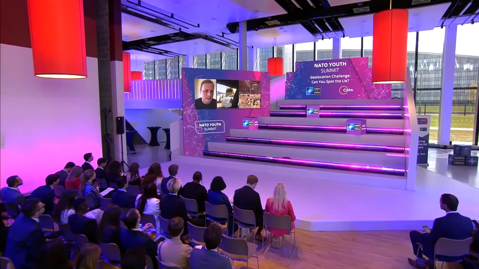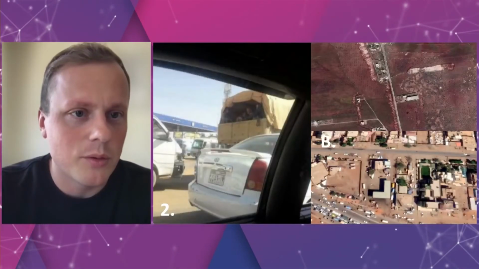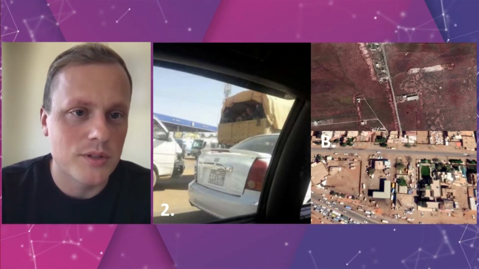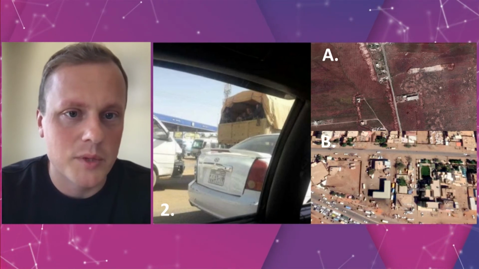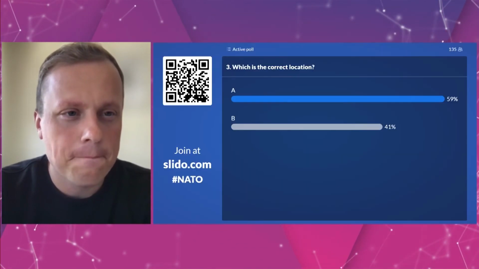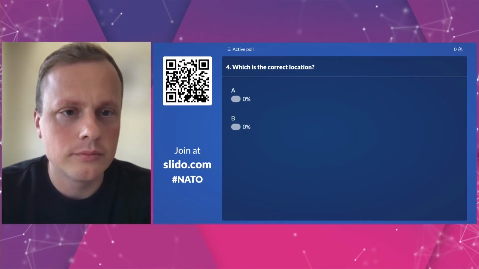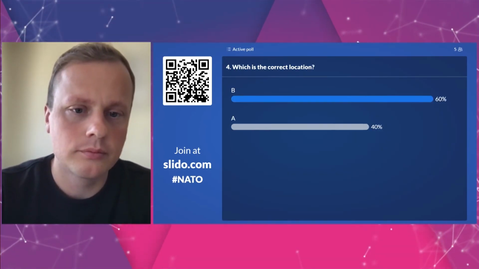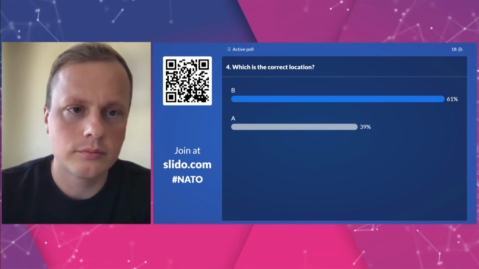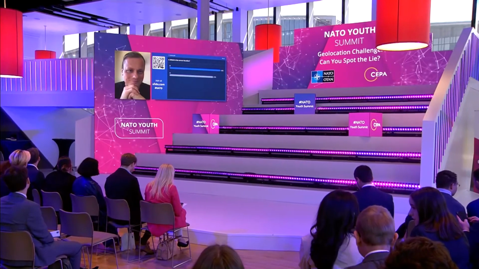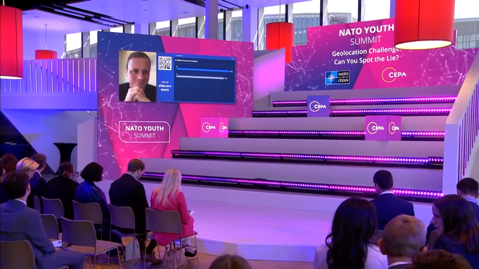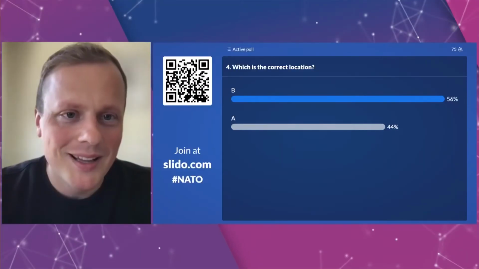The rules are exactly the same. On the left, you can see a photo of a car, and I want you to try and figure out whether the truck is on satellite image A or on satellite image B. Quite interesting results.